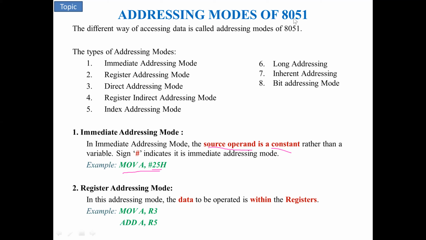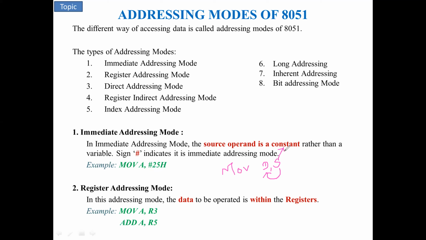If you see many instructions like move and add, these types of instructions have a special format, that is MOV destination, comma, source. The operation of MOV destination, source is that the data in the source is moved to the destination. The source data is moved to the destination. Here, the source is constant, that is a numerical value.